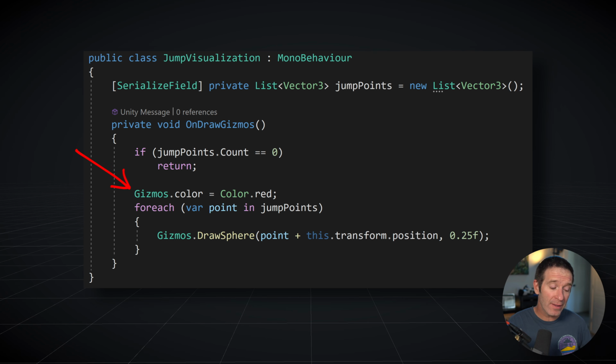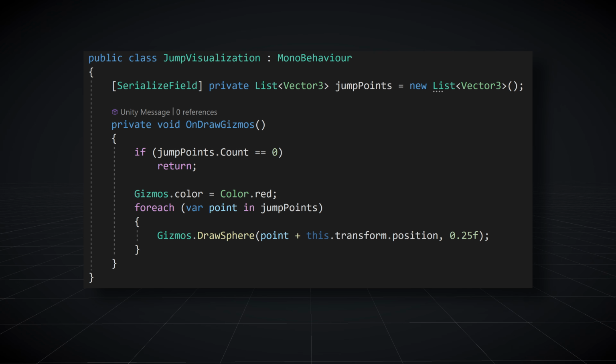As a side note here, you're not setting the color for a particular gizmo, rather you're setting the color for all the gizmos that are going to get drawn next, or until you change the color to a different value. So it's a little bit different than a lot of other Unity objects, but it's not that hard to work with. With the color set, we can then iterate through the points in our list with a foreach loop,